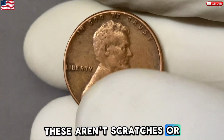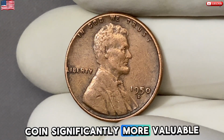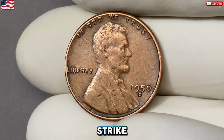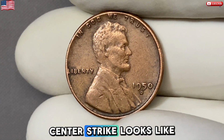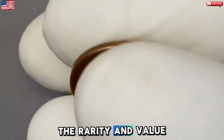These aren't scratches or damage, they're official mint mistakes, and they make the coin significantly more valuable. Another error to keep your eye out for is the off-center strike. Imagine looking at a coin where Lincoln's face or the date is shifted way off to the side. That's what an off-center strike looks like, and depending on how extreme the shift is, the rarity and value can